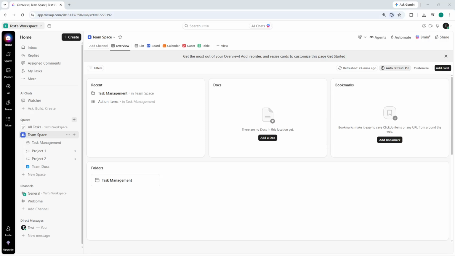In today's video, I'm going to show you exactly how to add a custom status on ClickUp so you can build a workflow that actually mirrors the way your team works. ClickUp is one of the most flexible project management platforms available, and one of its most powerful features is the ability to design your own task status from scratch, meaning instead of forcing your team into a generic to-do, in progress, done setup, you can create stages like awaiting client feedback or in QA or blocked that reflect your real